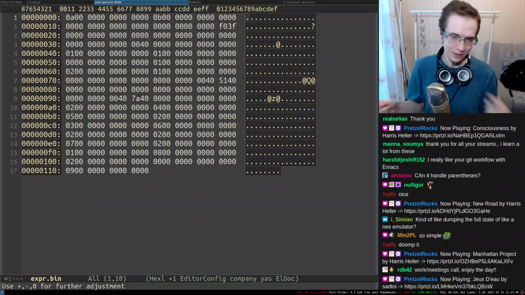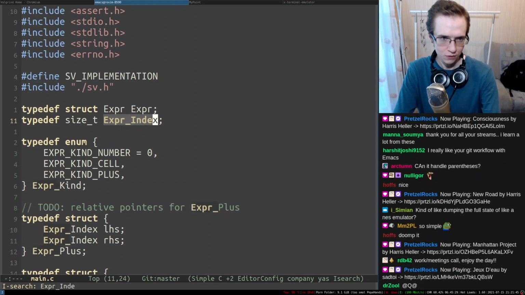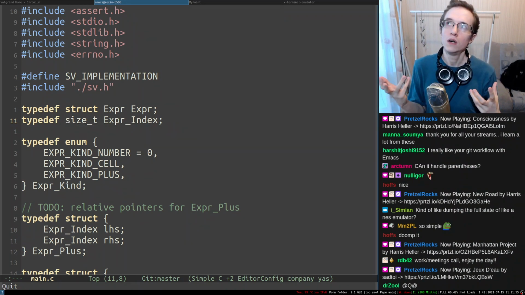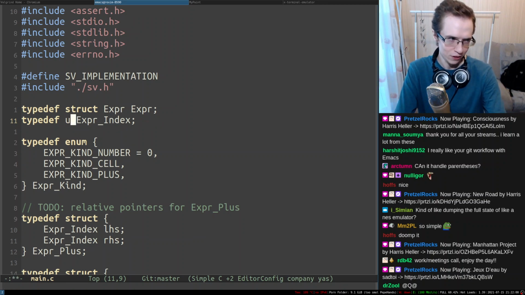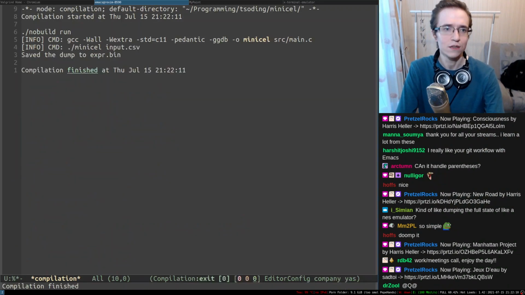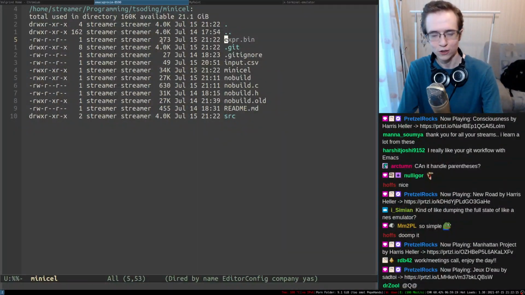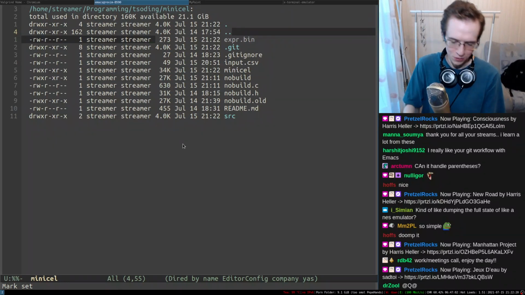entire AST. Right, and as already mentioned, by the way, you can reduce the memory usage if you make the expr index smaller, right? So if you know that you're gonna have a few expressions, maybe not more than 100, in that case, maybe you can just make the index something like uint8, right? And for that, maybe we need to include stdint. So it saved the dump, and as you can see, it was 280, and if we refresh it, it actually didn't save that much. It saved 8 bytes,